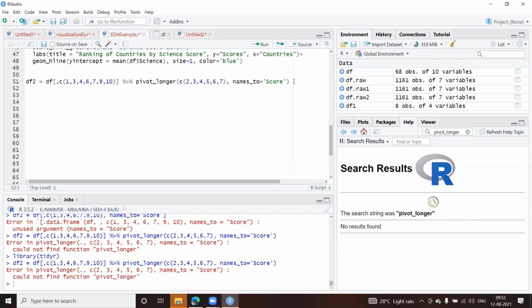I'll check it out why it is not working. Okay, the purpose here of this function is that I'll take this data frame which has multiple columns, and I'll convert these columns, from second onward to the last one, as one particular column and give it the name score. So what I'll get is country names and the score, a combination of all the values. The male, female, for all the subjects like maths, reading and science will be combined together and displayed under one particular head. That is what we are trying to do here.